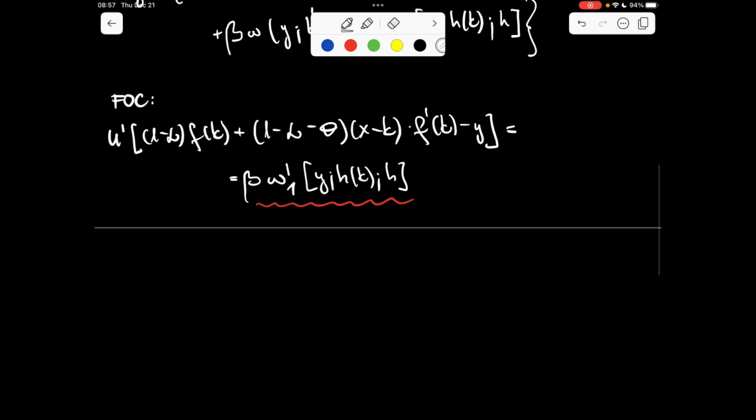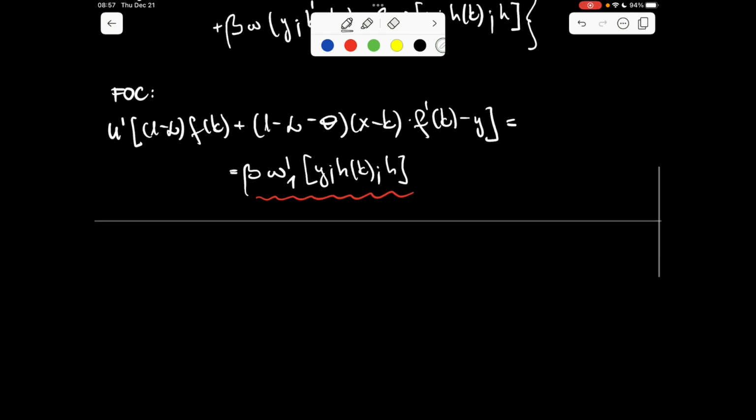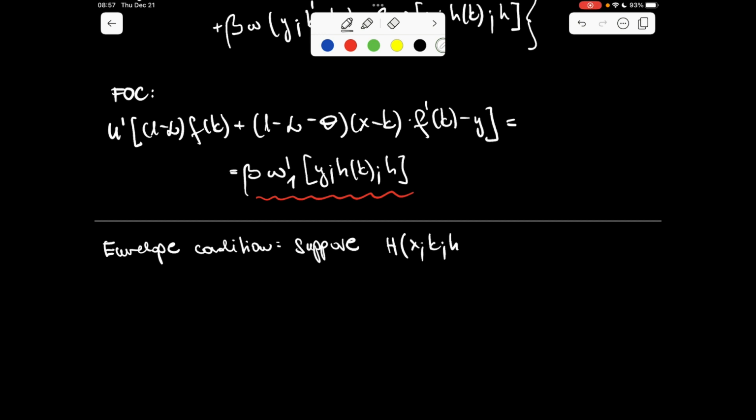So in order to know something, we need the envelope condition. And in order to use the envelope condition, we must suppose that the individual's optimal policy function exists,